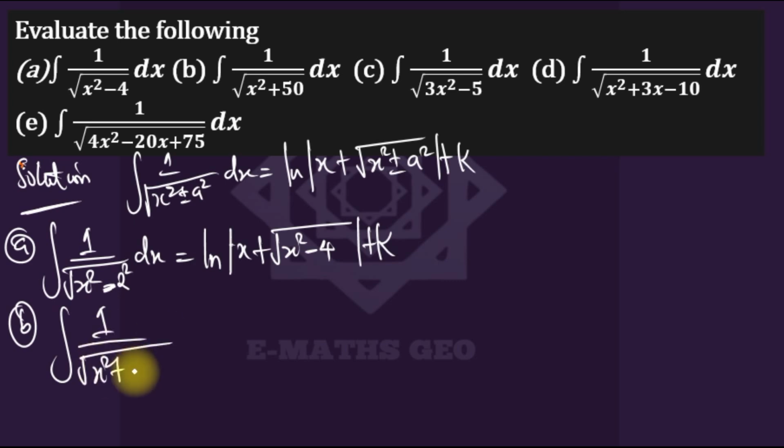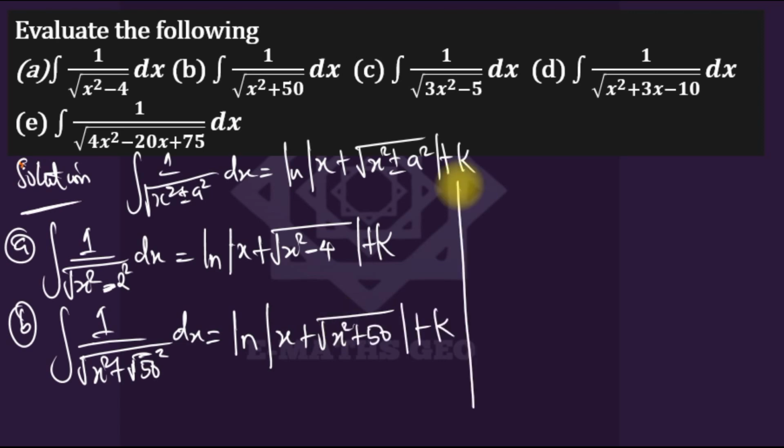50 is root 50 all squared, so the integral of 1 over the square root of x squared plus root 50 all squared dx, which is ln of x plus the square root of x squared plus 50, plus k. So why the third one? The third one,